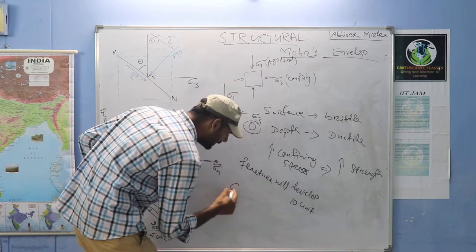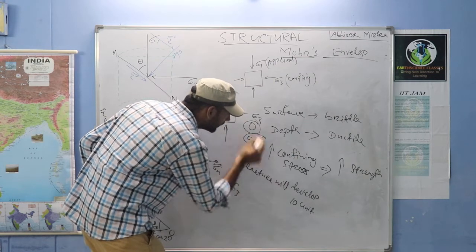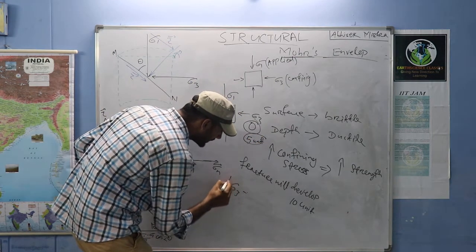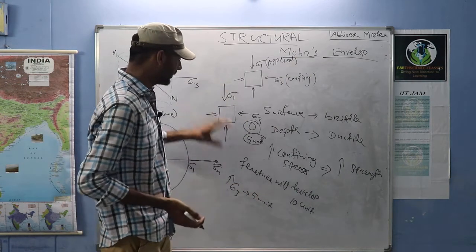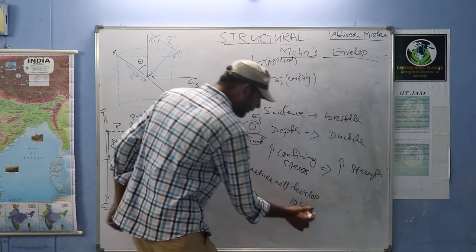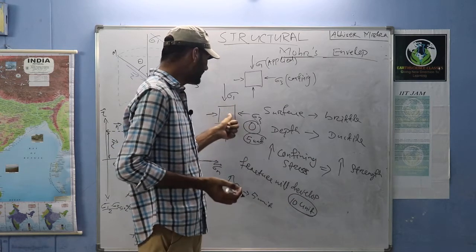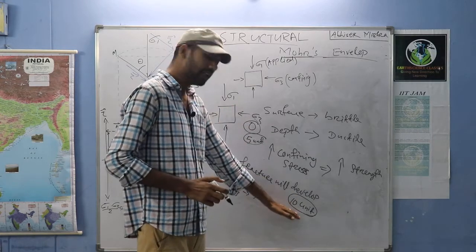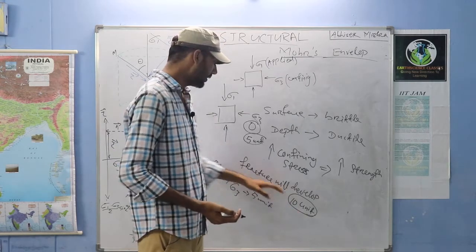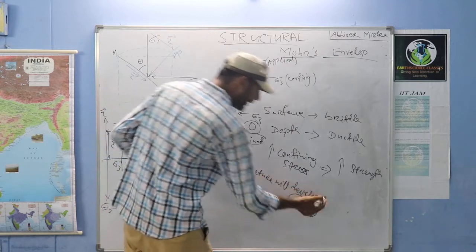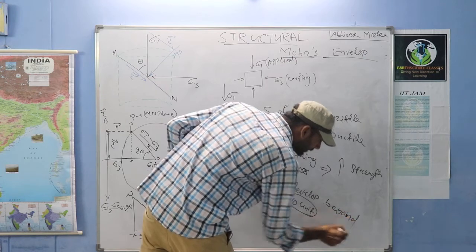Then I am increasing sigma 3 to, let's say, 5 unit. If I will increase sigma 3 to 5 unit, then what will happen? 10 unit is, as I have told, the strength of the material. That means the material can tolerate up to 10 unit stress. Then after that it will rupture. Fracture will develop beyond 10 unit, right?